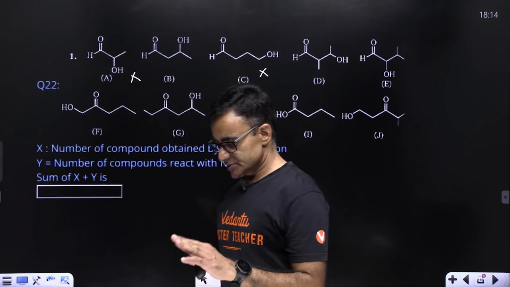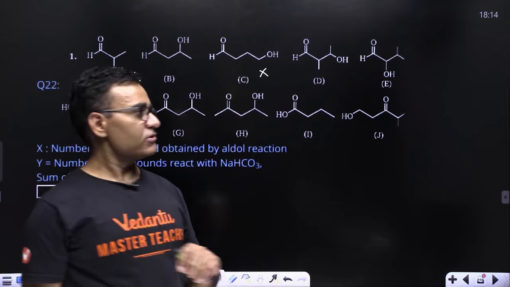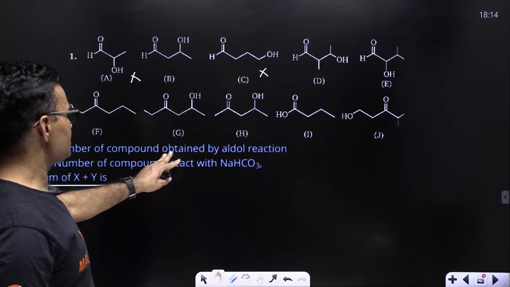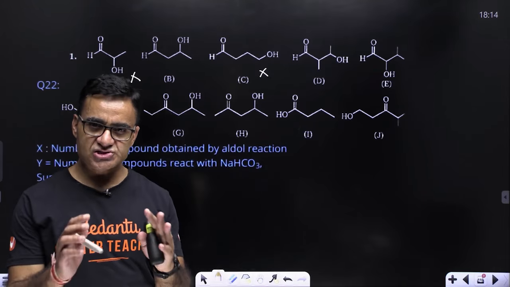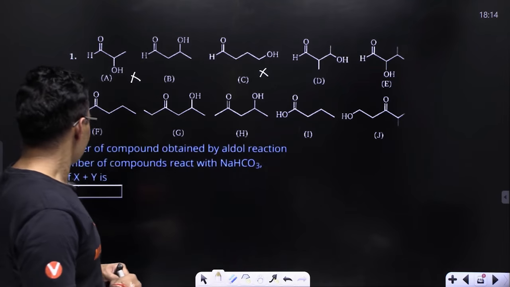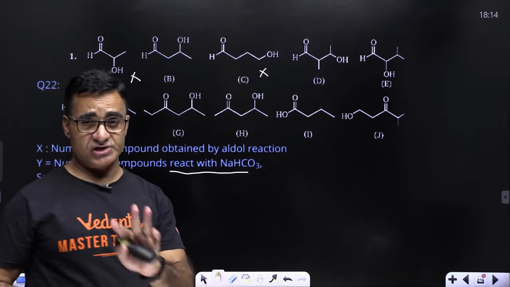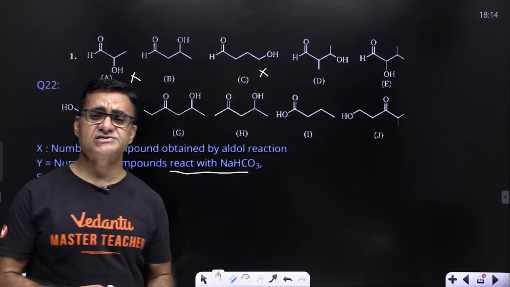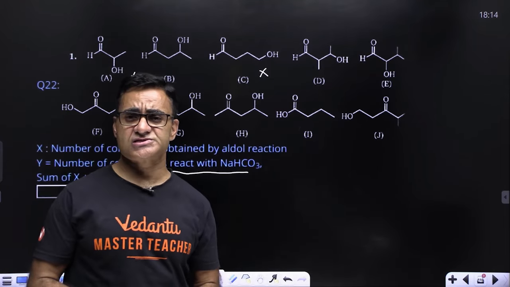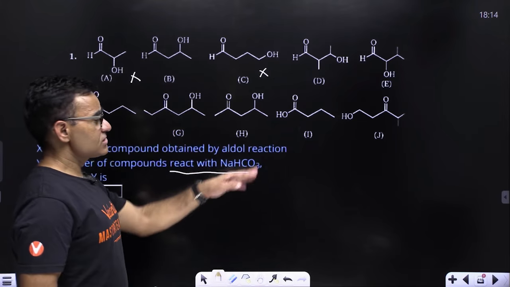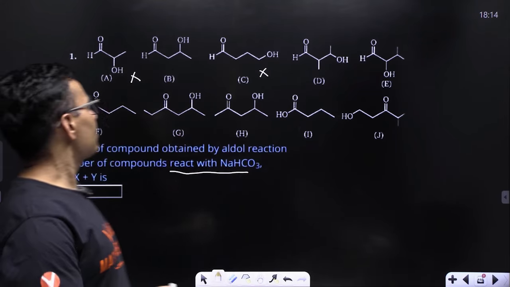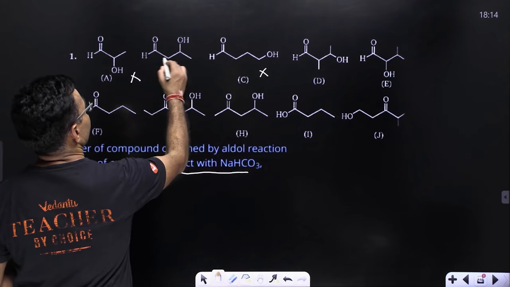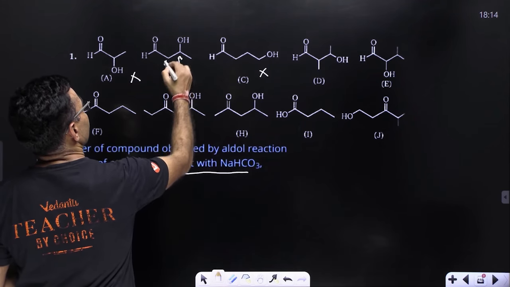Yes, in this question there are certain organic compound structures given. You need to identify how many compounds are obtained by aldol condensation and how many compounds are there which can actually react with sodium bicarbonate, यानी कि एक ऐसा कार्बोक्सिलिक एसिड या कोई ऐसा एसिड होना चाहिए जो कार्बोनिक एसिड से स्ट्रॉन्गर हो। तो एल्डोल कंडेंसेशन का जो प्रोडक्ट होता है वो एल्डोल होता है। एल्डोल इज बीटा हाइड्रोक्सी एल्डिहाइड और कीटोन। तो लेट्स फाइंड आउट, अल्फा कार्बन ये हो गया, बीटा ये हो गया, तो बी हो गया